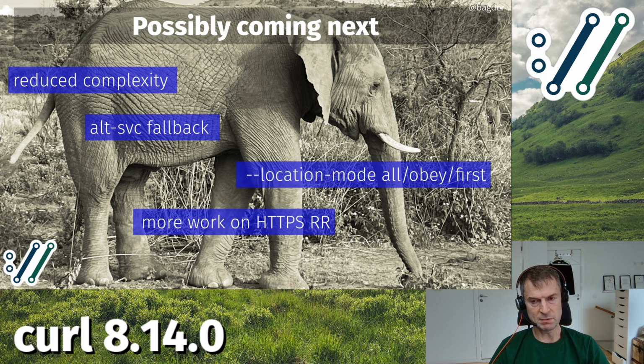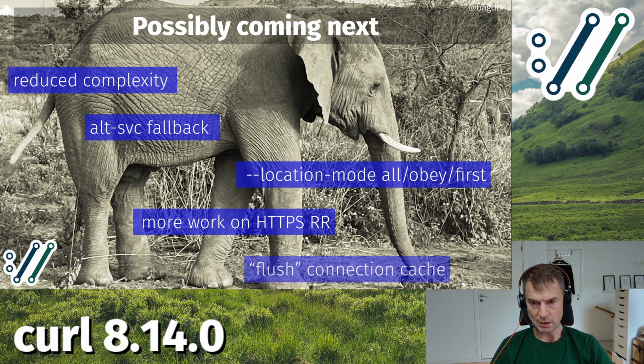I hope there's going to be more work on the HTTPS RR going forward. It's a complicated DNS record and there's more to do there. And we have this new PR in progress as well for flushing the connection cache. The theory here being that if you're using an application and you have one particular network setup, perhaps a mobile phone or a laptop or something, and you do a lot of connections in one network environment,